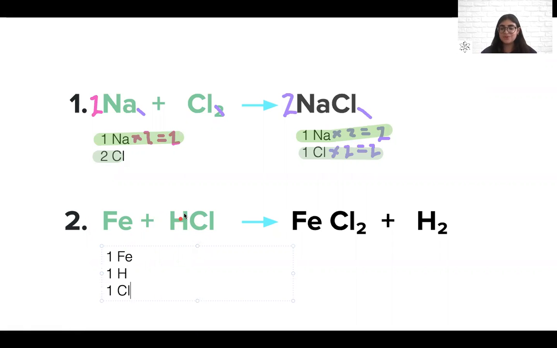Again, no subscript, no coefficient. It's pretty easy when there's no subscript and coefficient, so that's good. And then over here, okay, we have 1 iron. Remember, since there's no big number, we assume it's 1, and this small number, this 2, this subscript, it doesn't affect the iron. It only affects the thing that is directly in front of it,